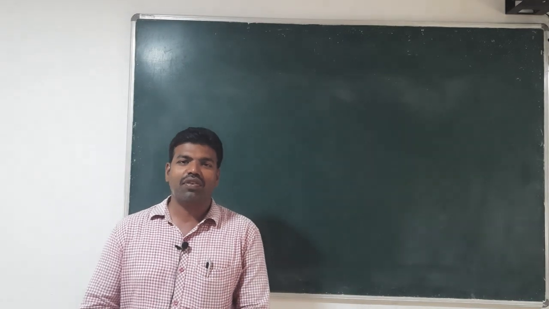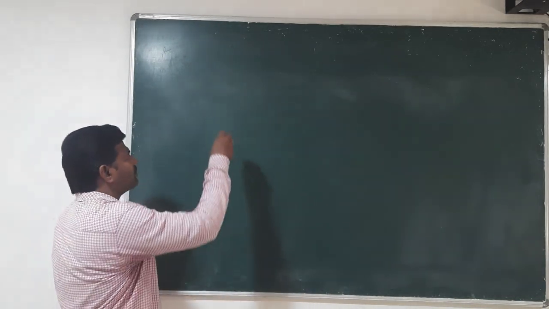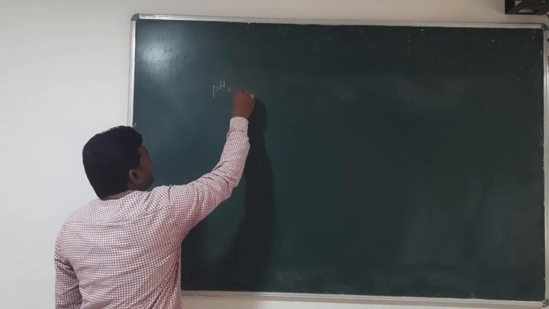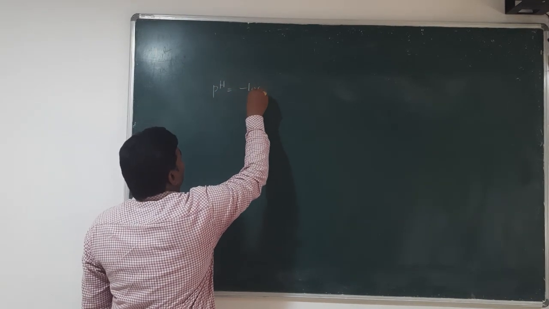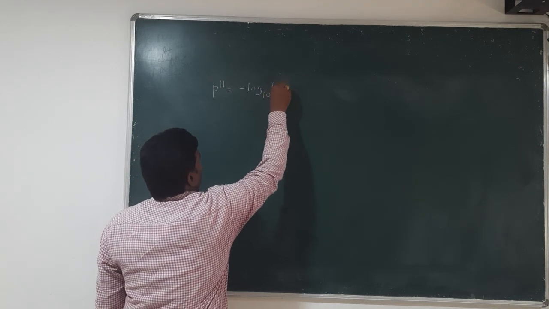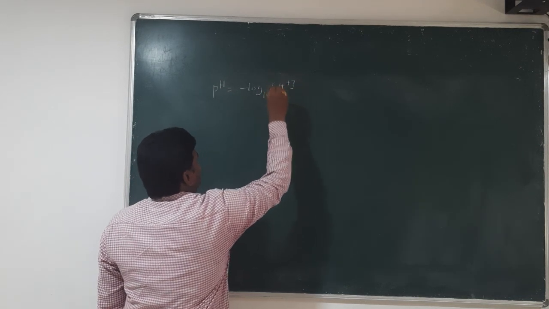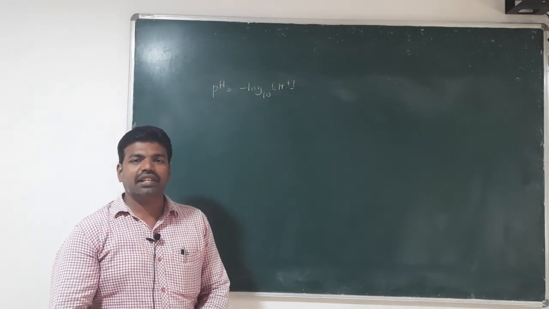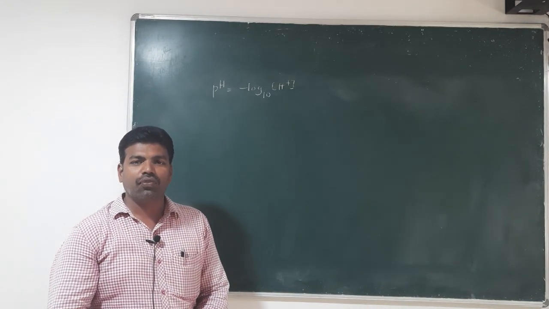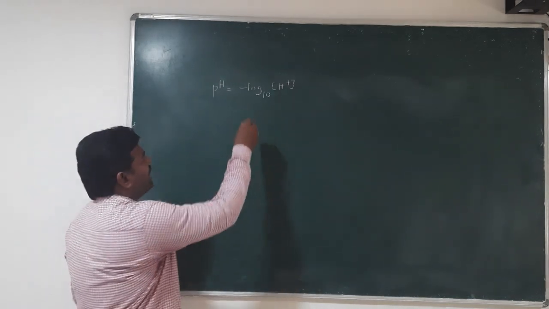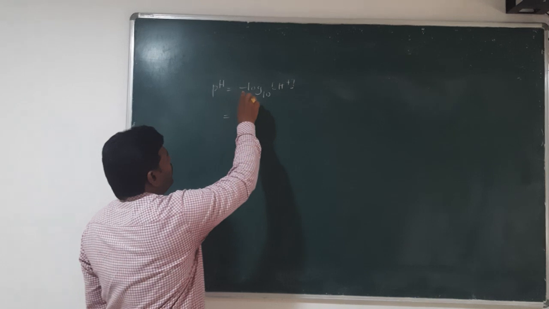In the last video, that is the concept of pH part 1, we came to know the definition of pH. The definition of pH is the negative logarithm to the base 10 of the concentration of H plus ions. That is the definition that we came to know from the last video, and we can write this equation as